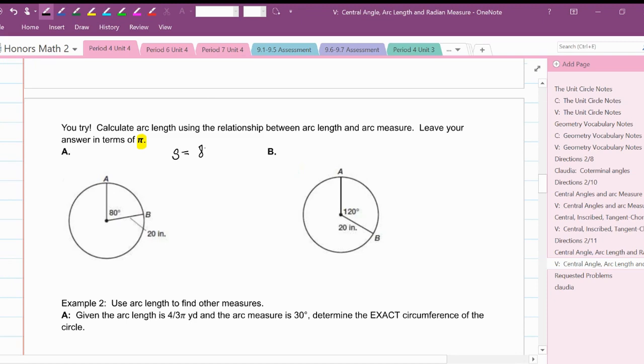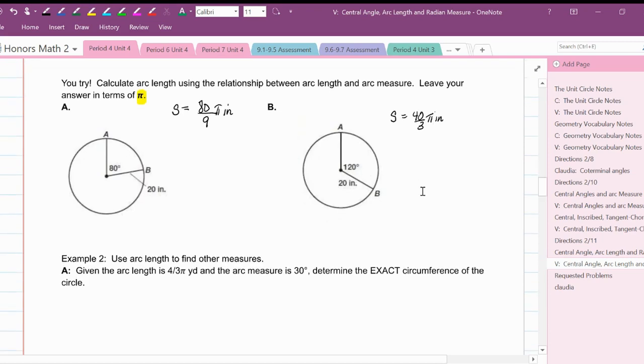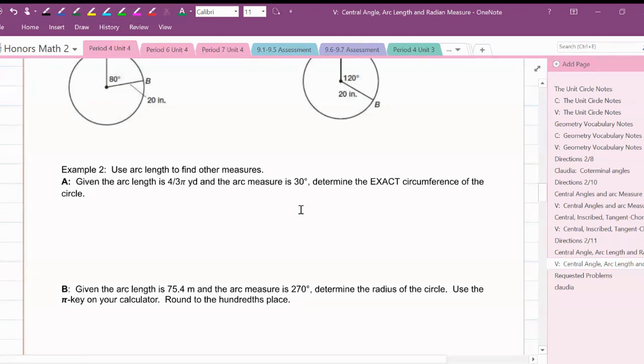Our first one, arc length is 80/9 pi inches, and arc length here is 40/3 pi inches. Right. The next one, we're not going to have the picture, and we're actually not calculating the arc length. We are given the arc length, and we are solving for something else. In the first one, we're going to solve for the exact circumference, which means, again, pi should be part of